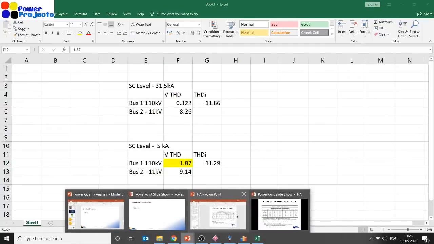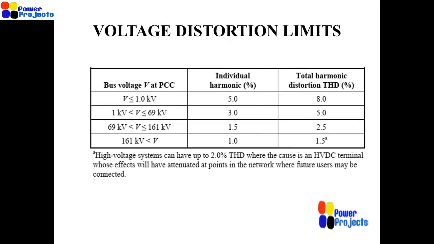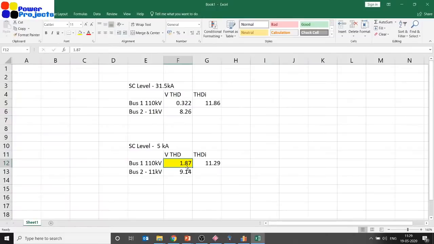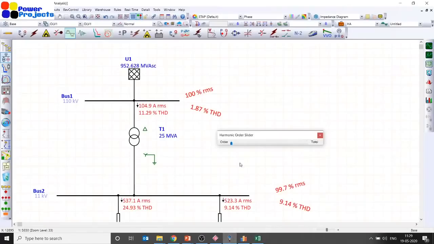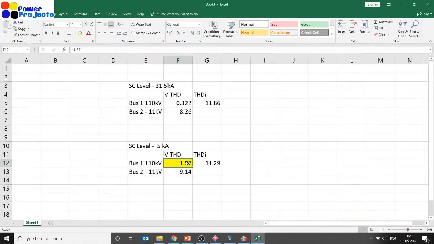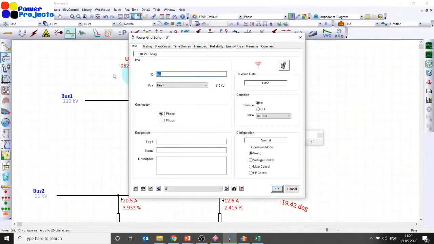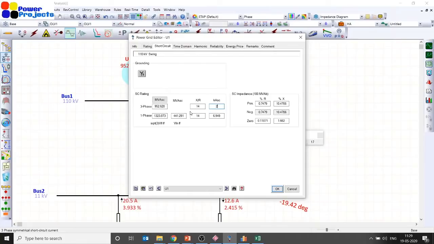Now if you compare this with your acceptable limits, we fall in this category, 69 to 161 kV. It is 1.5 to 2.5 for total, and individual has to be less than 1.5. So the total is still within the limit, but you need to look at whether the individual has crossed 1.5 or not. Luckily it is less, so you are still safe. The total harmonic distortion voltage has increased, but it is still within the IEEE 519 limits. Now let's change the short circuit current further to, for example, 2 kiloamps